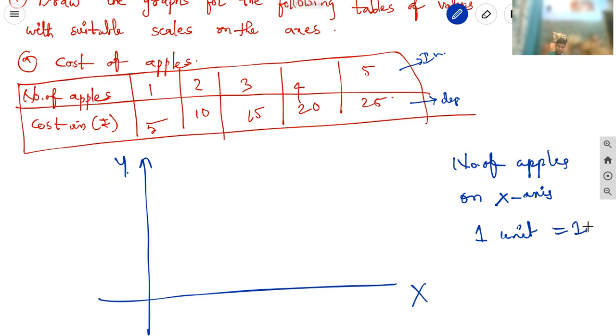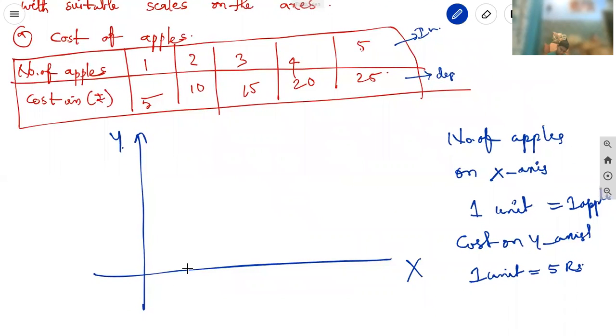Why? Because we take the number of apples on x-axis. Next, cost on y-axis. Cost means 1 unit is equal to, I'm taking 5 rupees. Now we can draw the